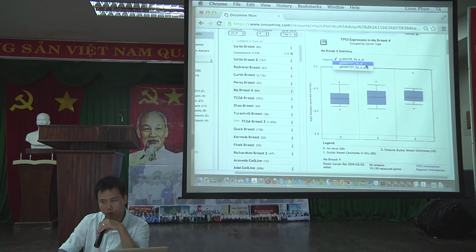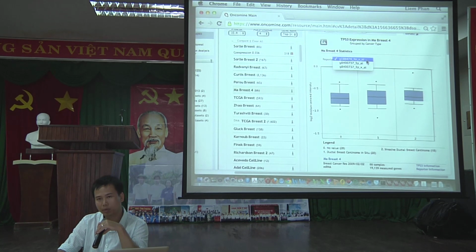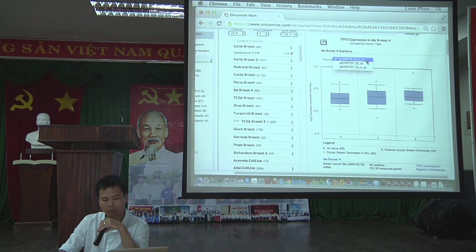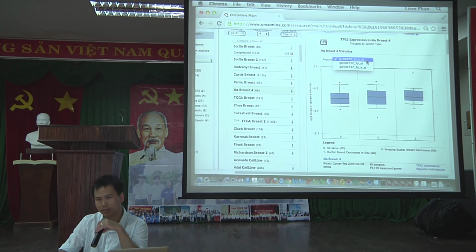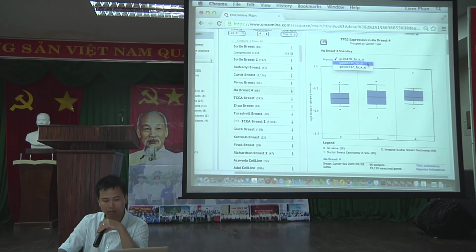So the best probe is this one. Anything with X right here, don't use it. This is not specific. Something like -A.80 is a little bit more specific, but it can detect some of the other variants and splice forms of p53 or p53 family members, like p63 or p73. So the most reliable probe is the one just dash